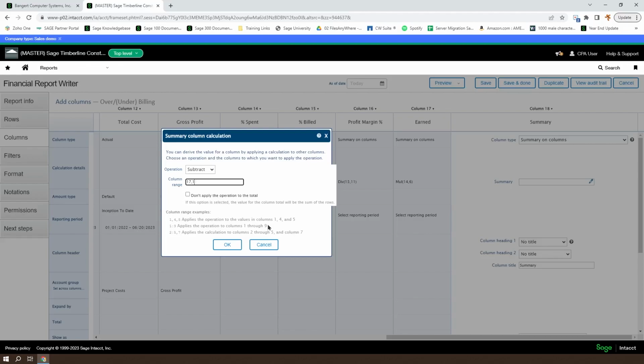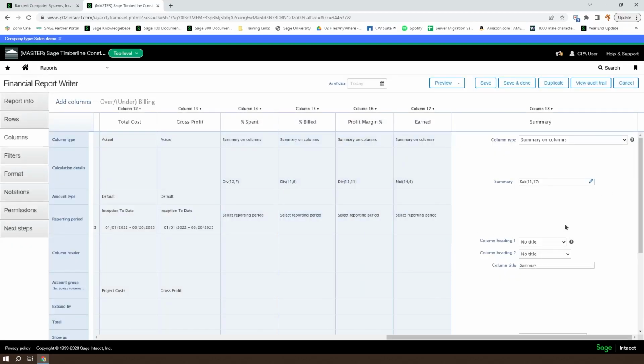In this case, we want to make sure that we are subtracting the earned from the billed. We'll go ahead and click OK here, and we will change this to be over, under, spelled correctly, of course. Over and under. And then we'll go ahead and take a look at what that looks like.